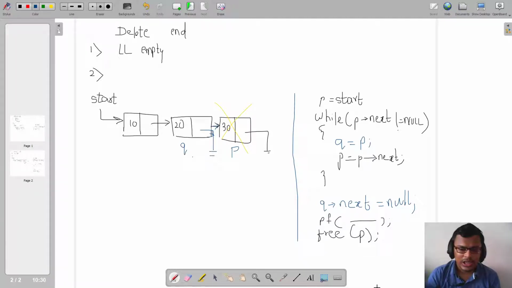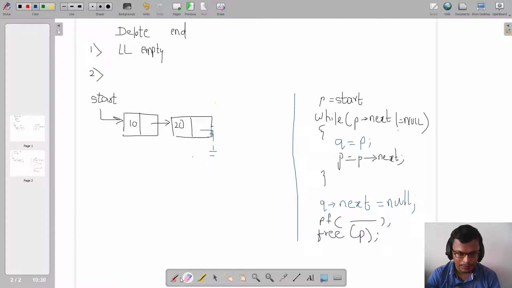Now also think of the situation that your linked list is having only say one element. Okay, so now I had three elements, right? So this becomes P, this becomes Q. If I have two elements, after deleting this 30, now I'll have two elements in my linked list, right?